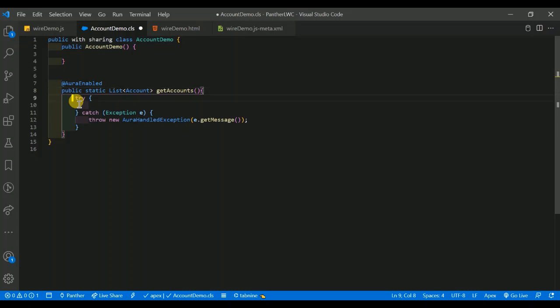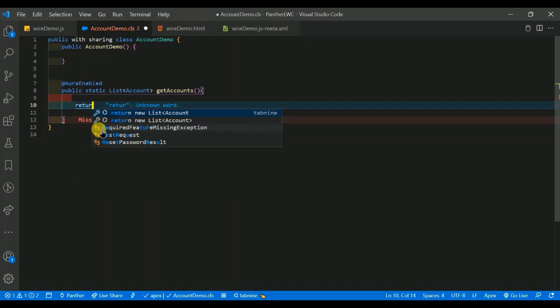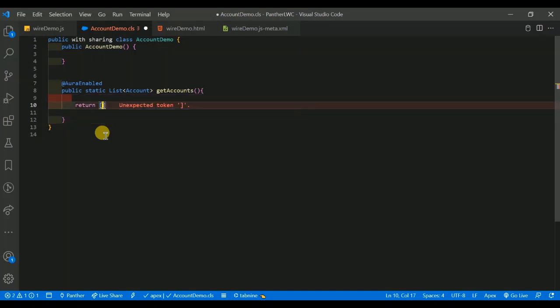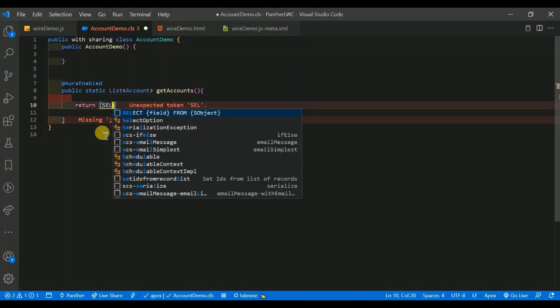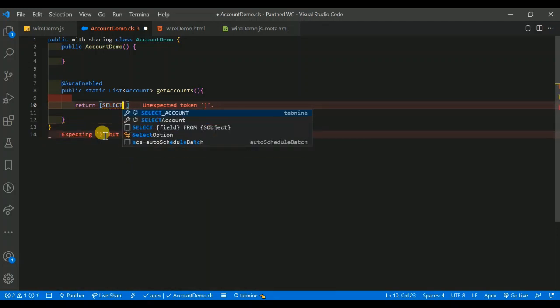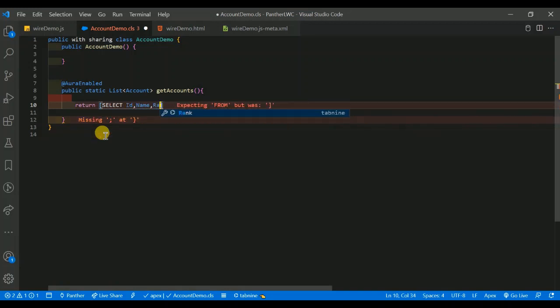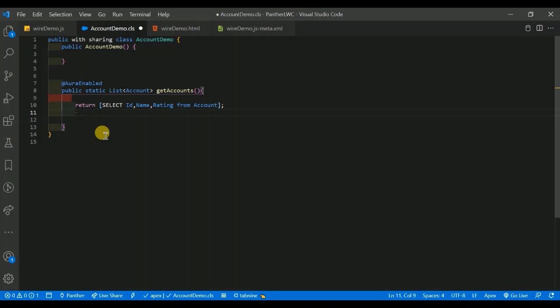Just remove this try-catch now, and here you write your SOQL as a single line of code: return, and here you select Id, Name, Rating from Account. So our code is done.